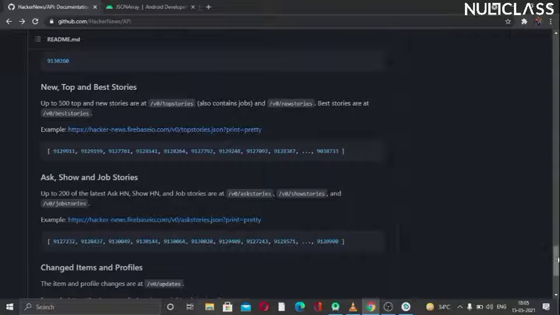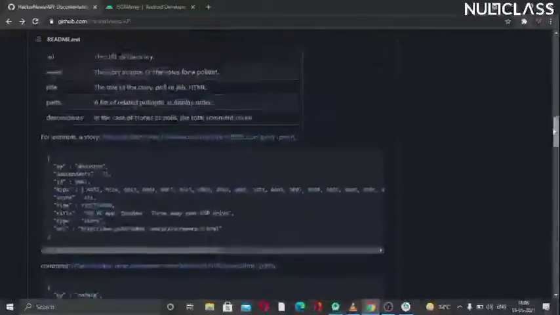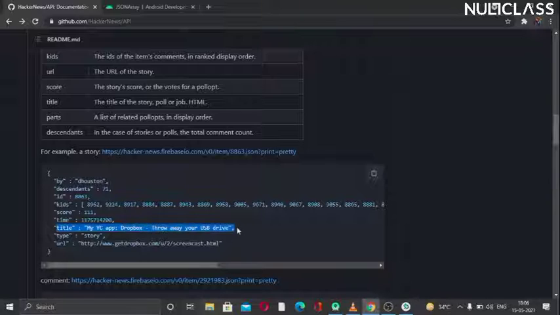To get the inside information of the stories, we will see here. We want this example type, which shows the IDs, the scores, and the title. Basically this is a news item, and when we click on it, it will elaborate to show us more information about it.